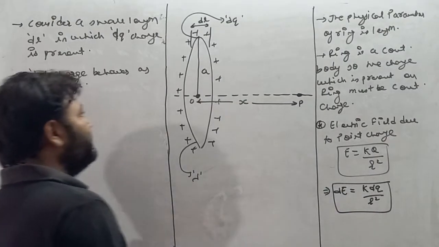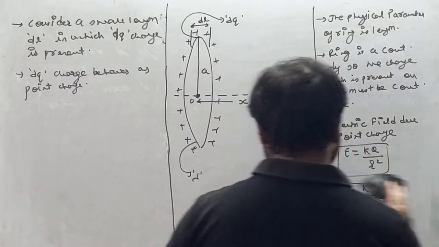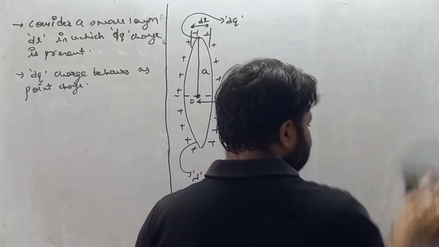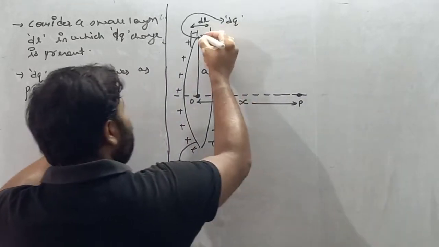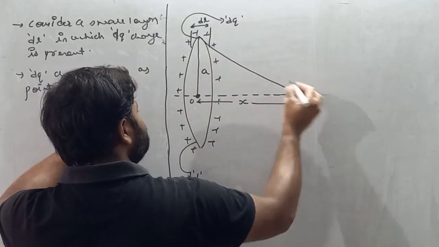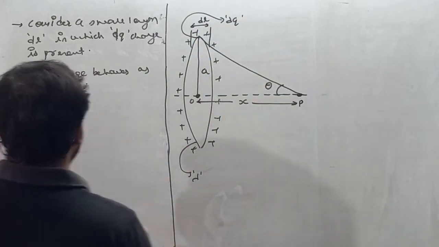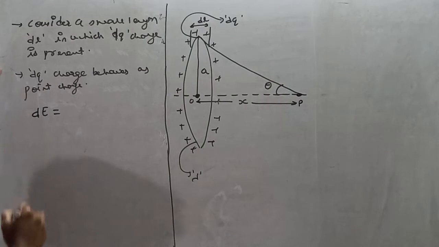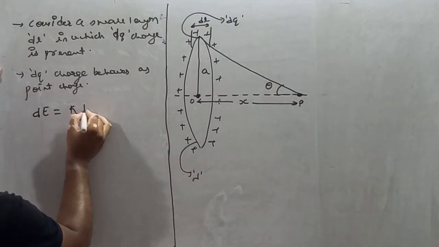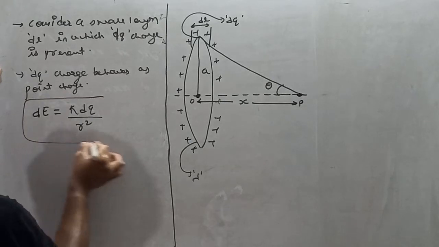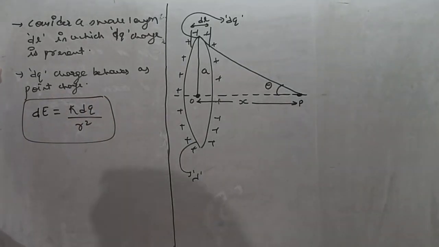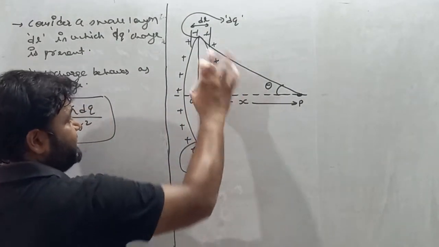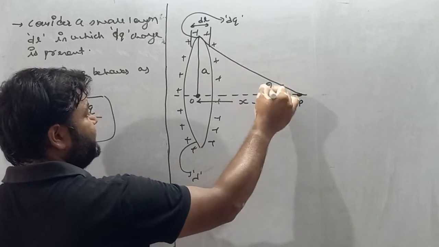Now see, we know that the direction of electric field due to positive charge is always away from the charge. So we have here positive charge, let's suppose this angle is theta. Now see, due to small point charge dq, electric field is also very small, it is dE, equals to k dq by r square. R is basically, my dear student, the distance from dq charge to point P, where we have to find electric field. Now see, this length is x and this radius is a, and this angle is theta.